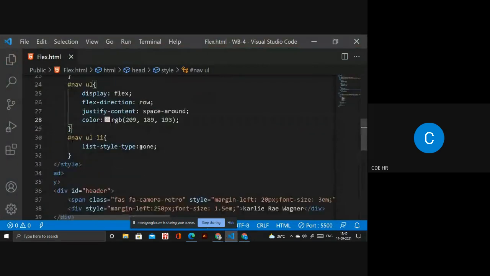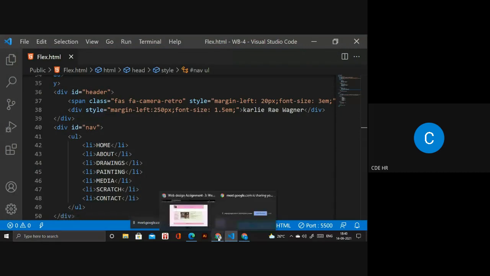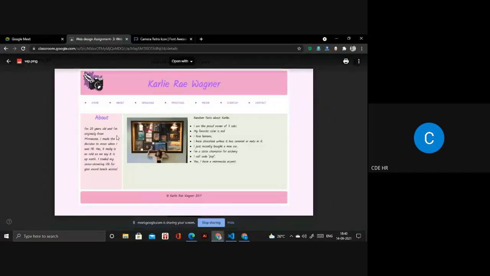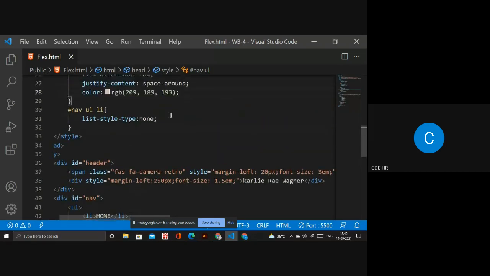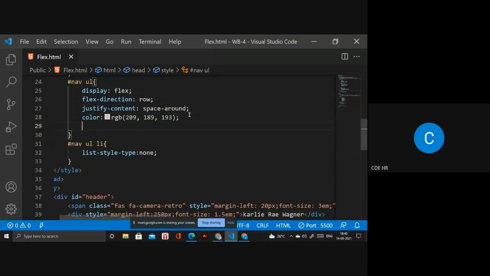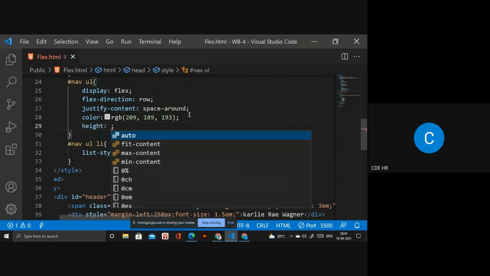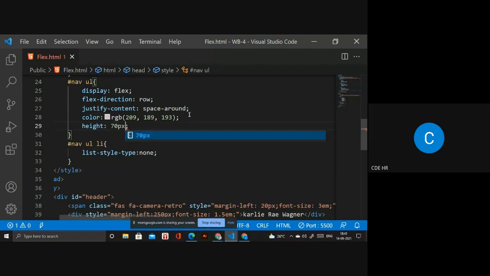Next we have to design the body part. My body part is about, and we have to write all these things. First, we are giving the height and width as well. The width is 100%, but I need the height to be 70 pixels.